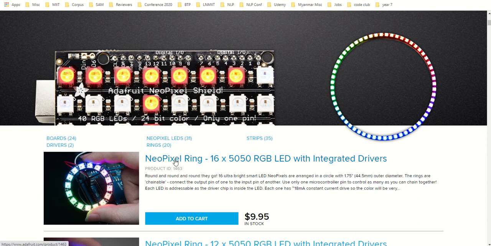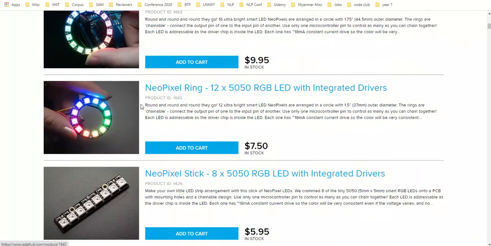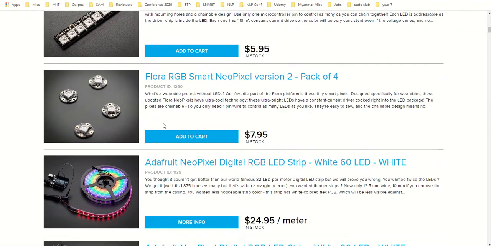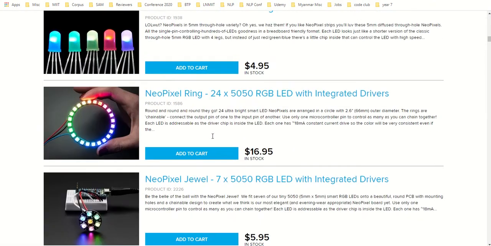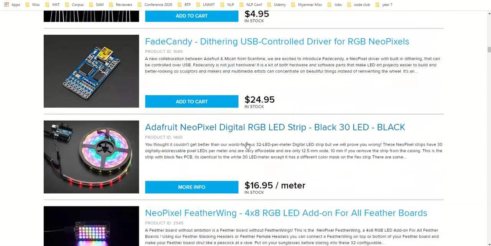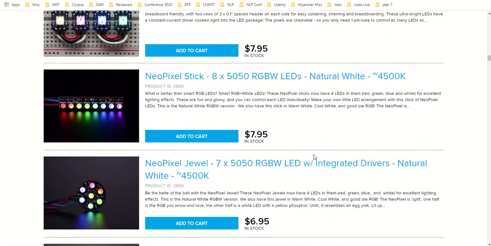These are very long strips and there are short rings also. These are called NeoPixels, where you have a fixed number of LEDs attached to each other in a series, and they can be controlled using a single pin. So in the LED chaser, if you remember, I had to connect 4 pins for 4 LEDs. If I am going to use like 20 LEDs, we may not have enough pins on Arduino. NeoPixels come in circular shapes, straight strips, very long strips, and all different possible shapes. All these shapes are controlled using a single wire.